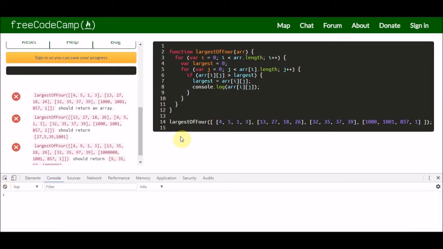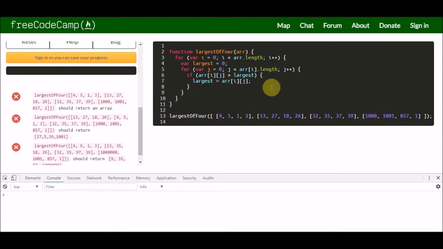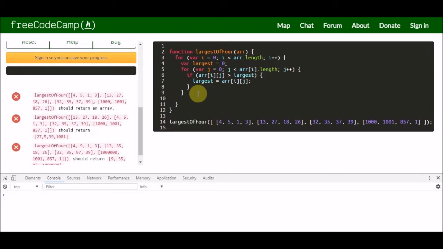So that's good. So as we loop through this subarray, remember, largest is getting set to the highest number that it encounters in each subarray. And once we're done with each subarray, we're going to push